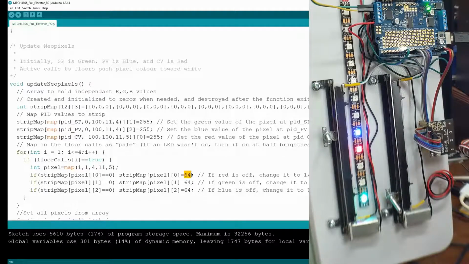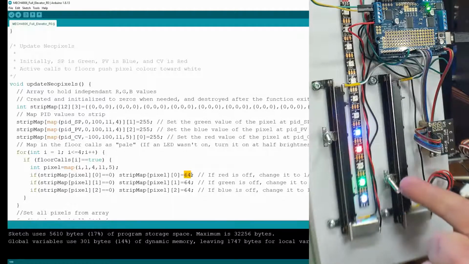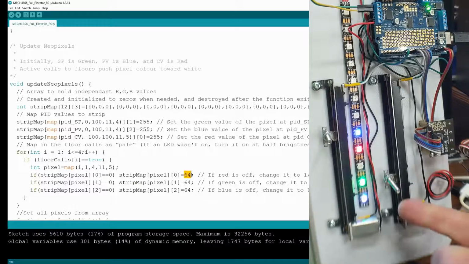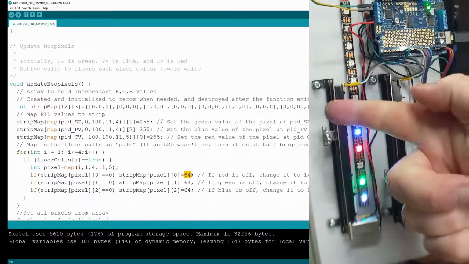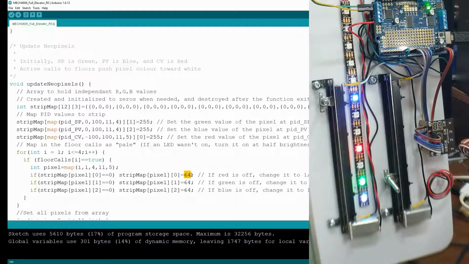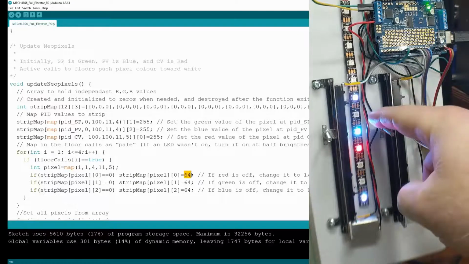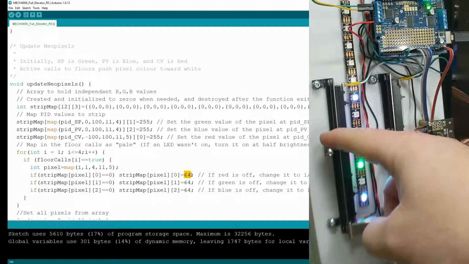But if we move the set point away from that pixel, the set point is bright green and the indicator turns white. The same occurs if we have the process value on floor 4 and we press floor 4, then the blue process value will become a pale blue. So ideally this is going to be very clear in operation, but right now I'm just playing,